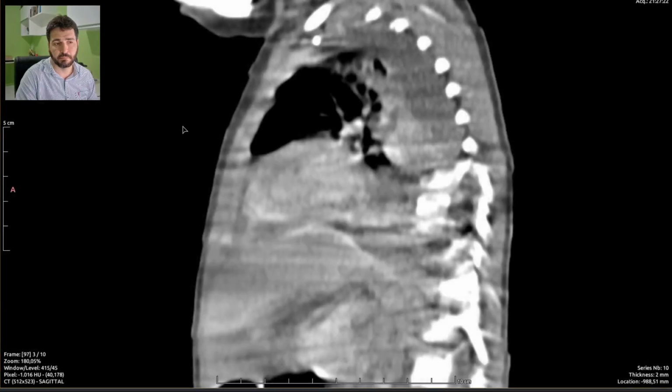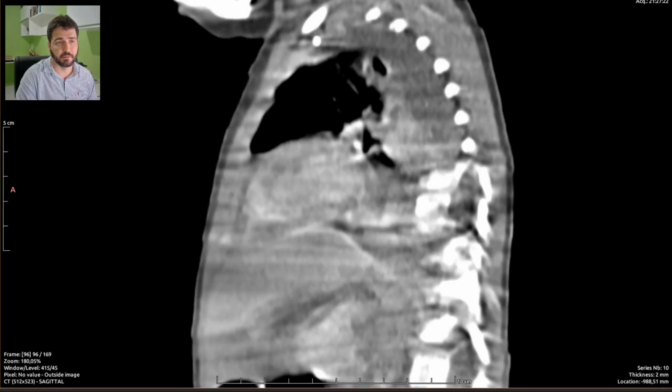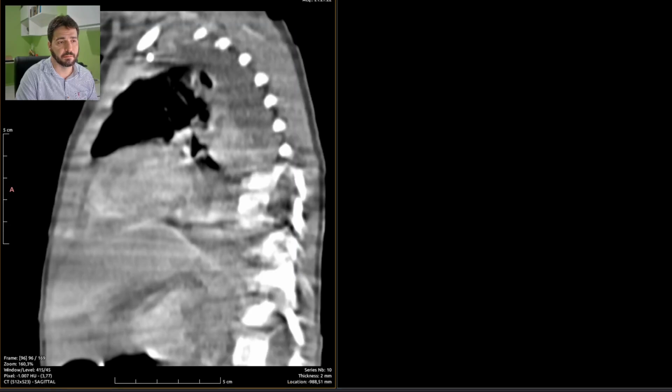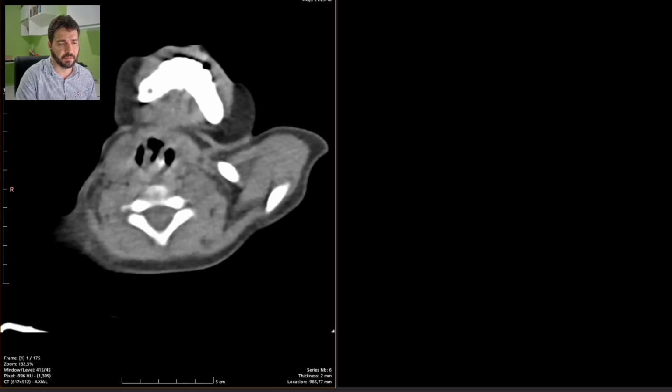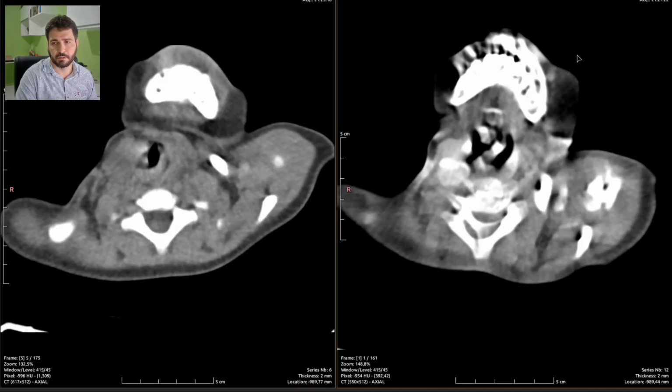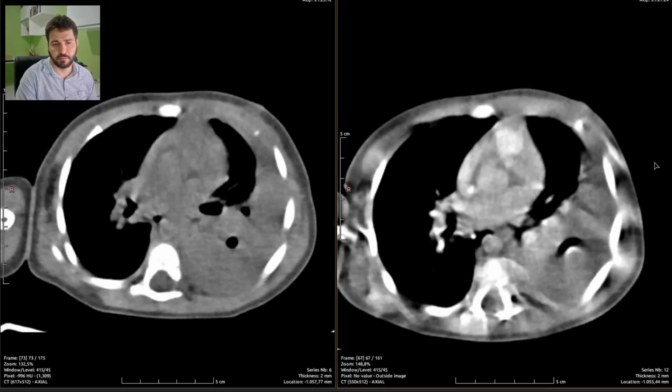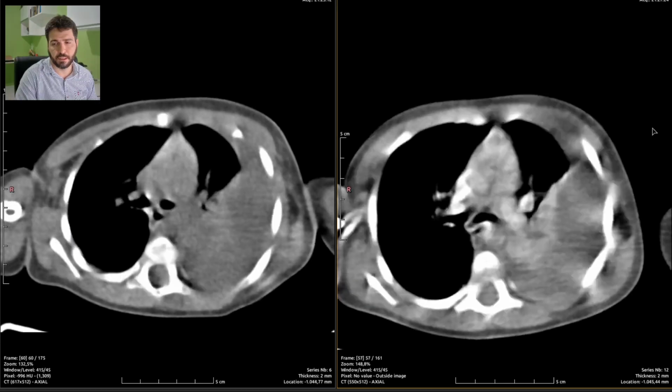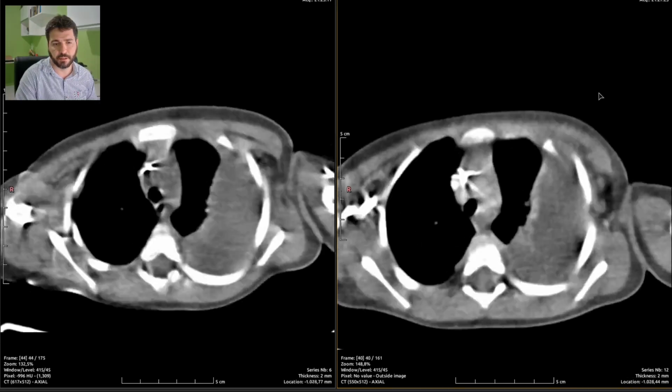In a few seconds, we are going to finish the downloading of the exam. It has been downloaded. Let's see what we have here. We have a very poorly done CT scan. Oh, one of the worst. For some reason, they did a contrast enhanced phase of a chest CT scan of a 1-year-old, which of course is terrible. This is one of the worst exams I have ever seen in my entire life,